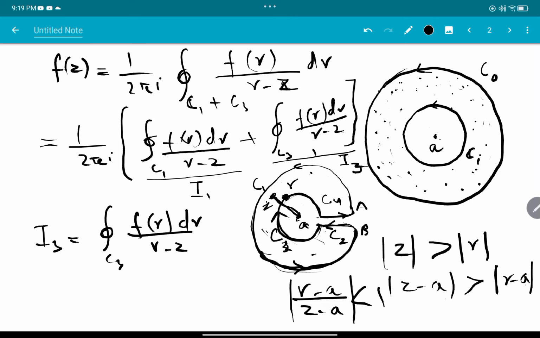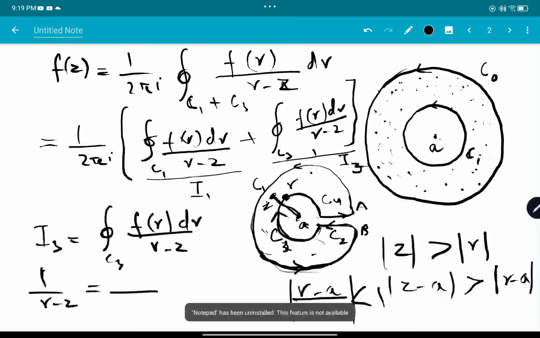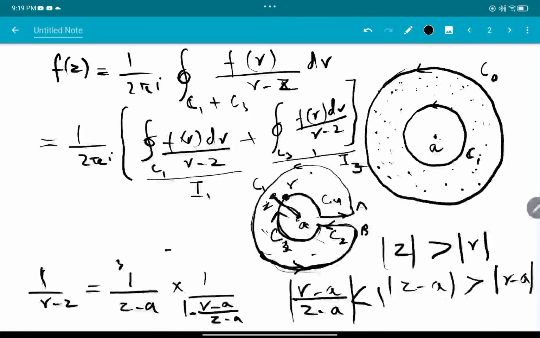Now expand this in these powers. So we will write 1 by gamma minus Z, as we did in the previous example. We will write 1 divided by Z minus A, into 1 divided by, here we have gamma minus A, 1 minus gamma minus A divided by Z minus A. Let's check whether it is equal or not. I don't have space here, so let me write it here. So it will be Z minus A